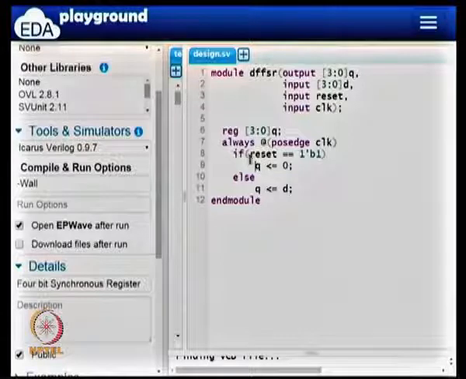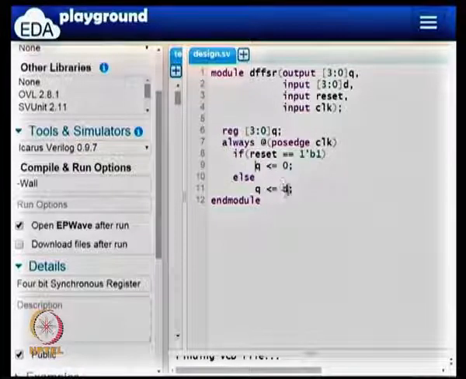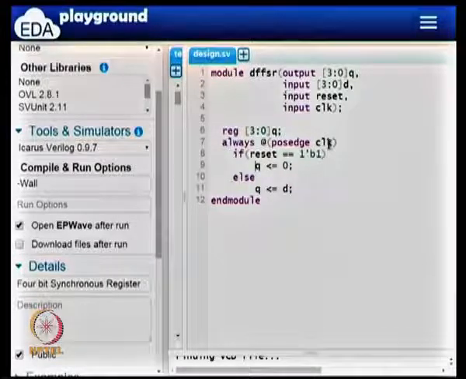It looks like for all the combinations of reset we are assigning the value of Q, but this is not a combinational circuit. This is still a sequential circuit because of the way we have modeled it. If I put D, reset, CLK, all of them in the sensitivity list, this would be modeling a combinational circuit. In a sequential circuit, only the sampling signals must appear in the sensitivity list, and the sampled signals should be used inside directly.